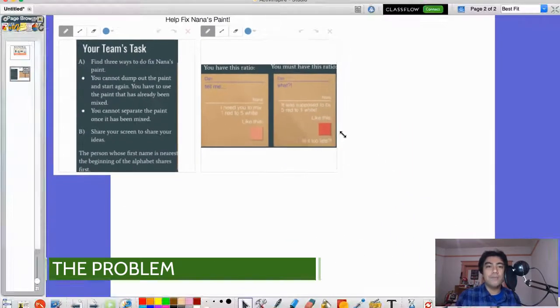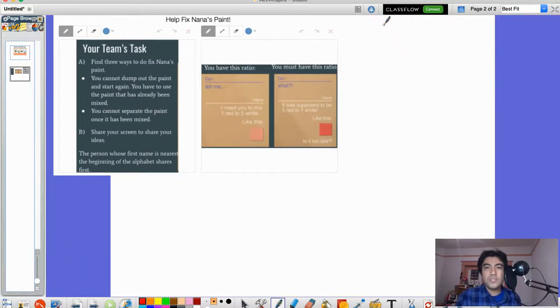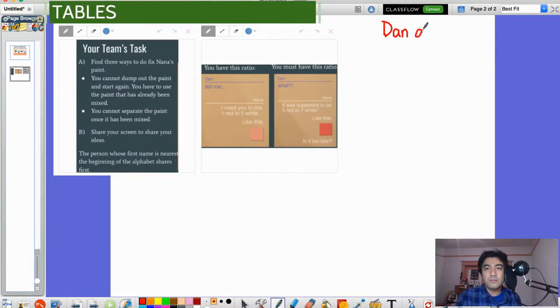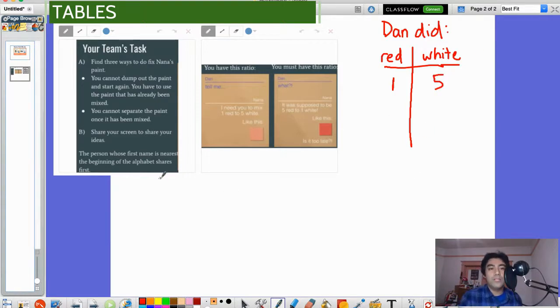Okay, so I'm gonna represent that using tables real quick. So this is what Dan did. Do you have to use the table? No. It could have been a tape diagram, but I'm just gonna use the table just for this video. Dan did 1 red to 5 white. Notice the labeling. I'm labeling this, I'm labeling that. Here's what Dan did. Okay, but Nana wants